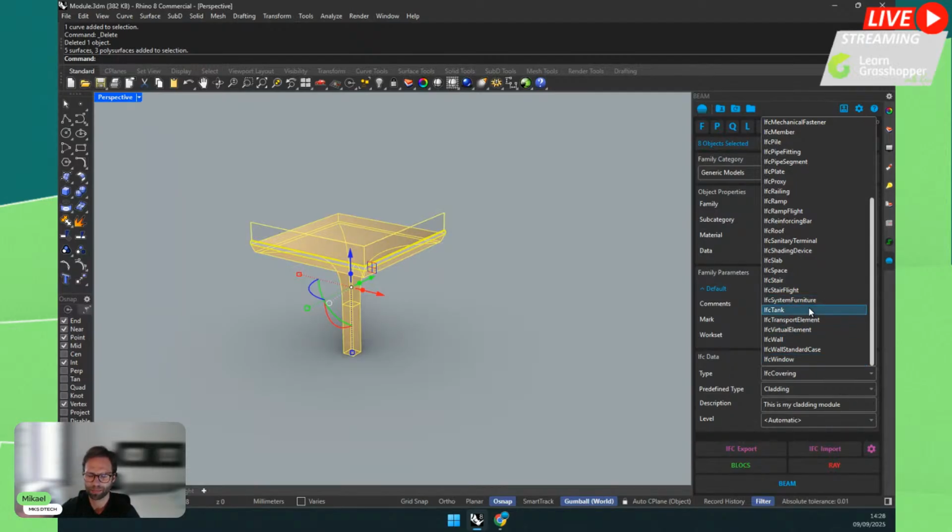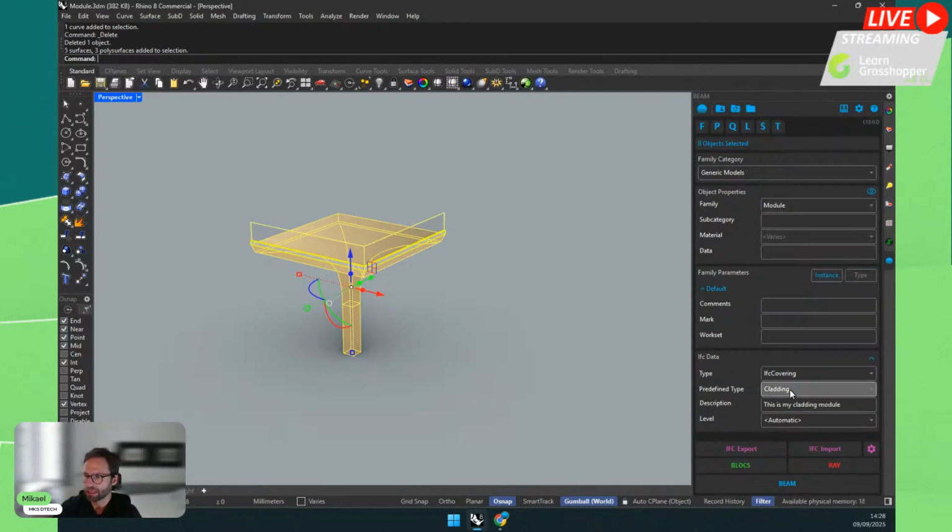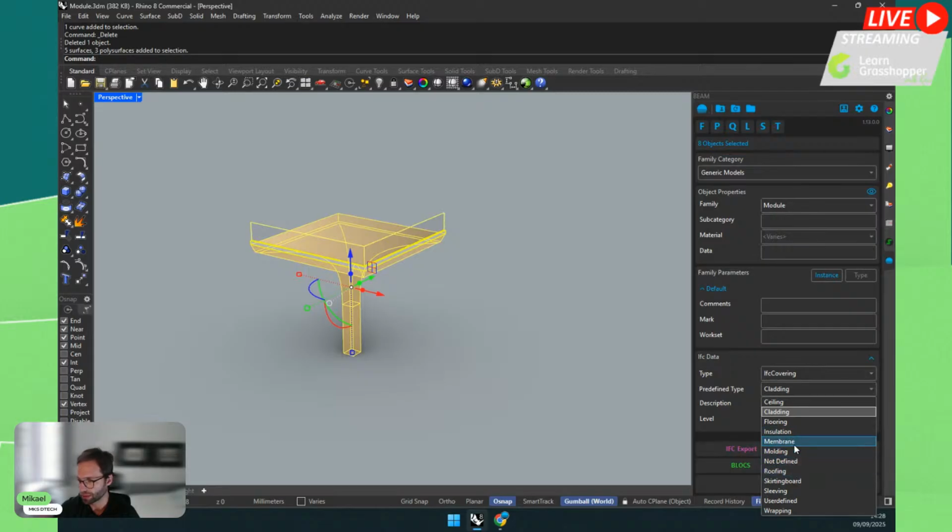There are some maybe MEP ones that are new that are in some IFC 4.2 versioning, so we will add them as they become more stable. And then you can also choose a predefined type. You can also say undefined if you don't want to have any. Now I cannot find it anymore. You can use maybe user defined and so on. I have not defined it, so you can also ignore this setting. So this is for categories and types. I hope everything is clear.